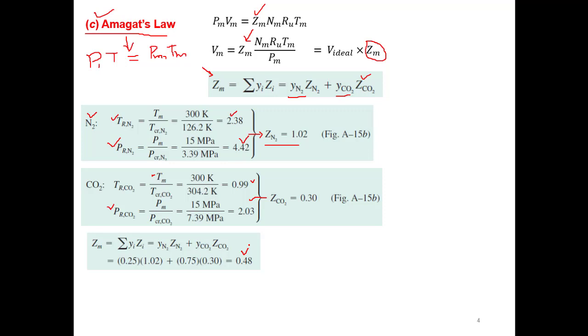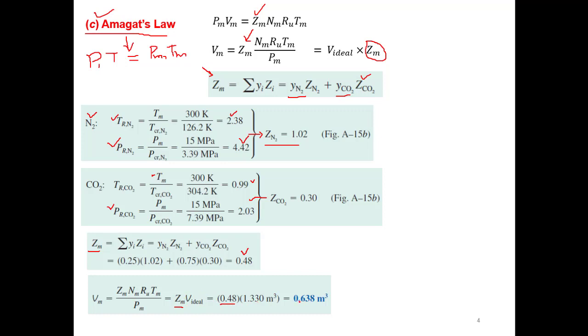In part B, we calculated the value of Zm as 0.49 instead of 0.48. So that's slightly different, about 1% different. So if we put in Zm, which is 0.48, times the volume of the ideal gas, which is 1.33,